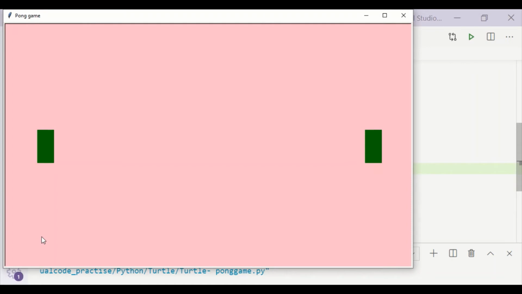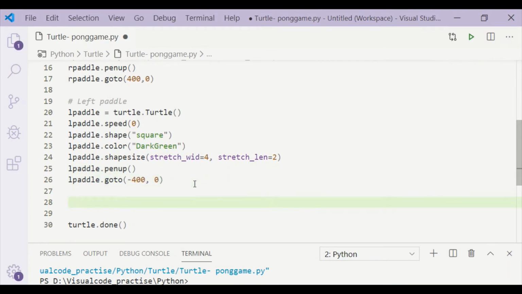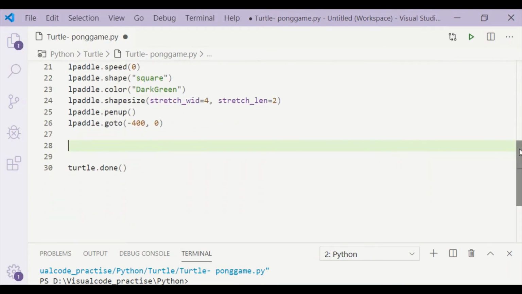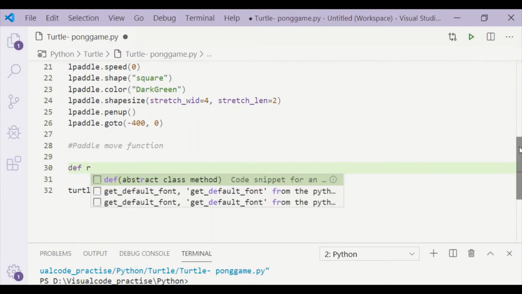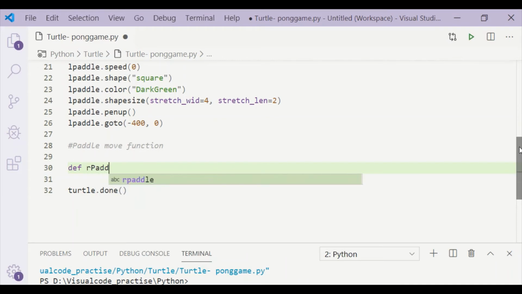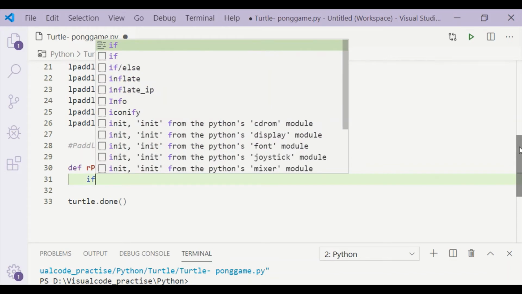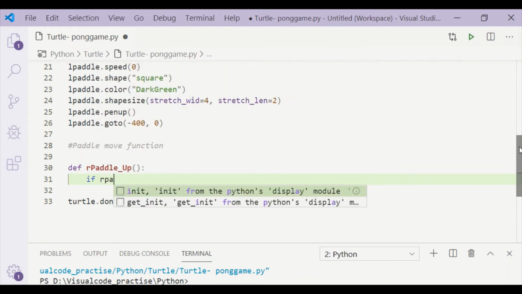We have to assign key for up and down movements and then move in steps for every key event. So we will write the functions for the pedal movement. There are 4 functions coming into picture. Right pedal has two functions, that is up and right pedal down. Similarly, left pedal also gets two functions, left pedal up and left pedal down.